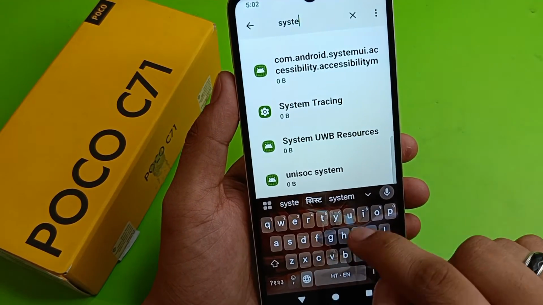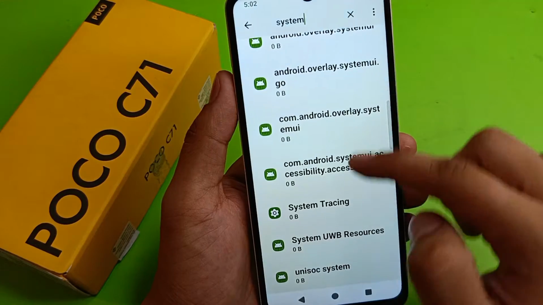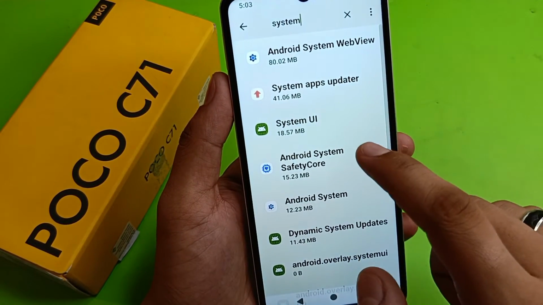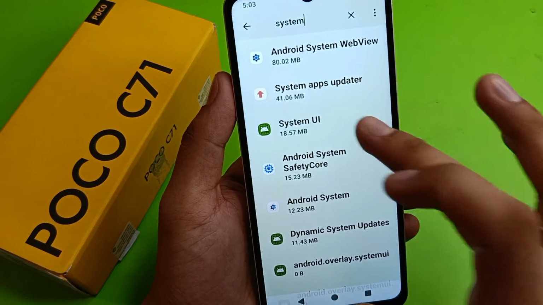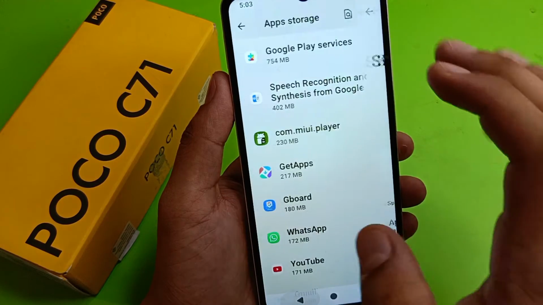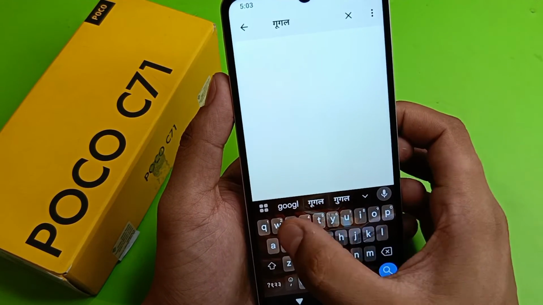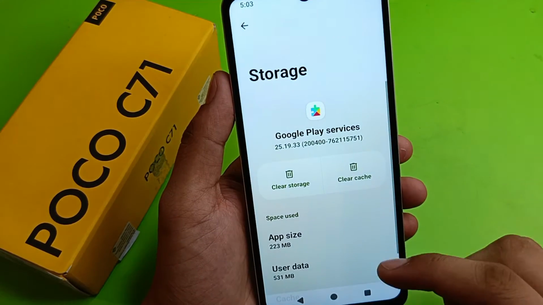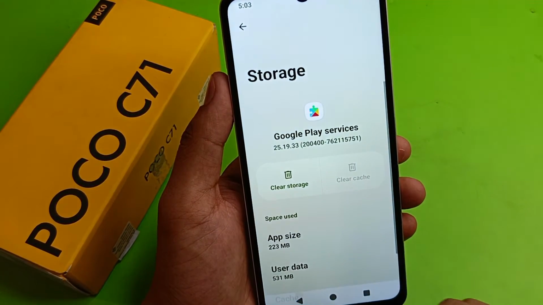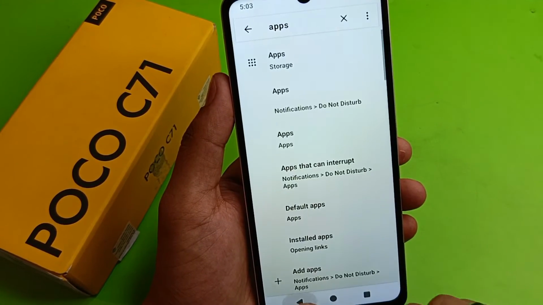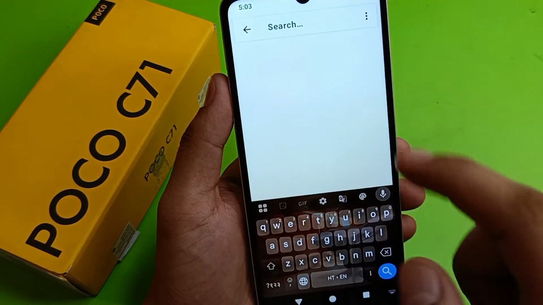write "system", and you will see here it is Android System UI. You can just clear cache. Then write here "Google", and here it is Google Play services. You have to clear cache for this too. Another step is you have to click on Settings, click on search, and